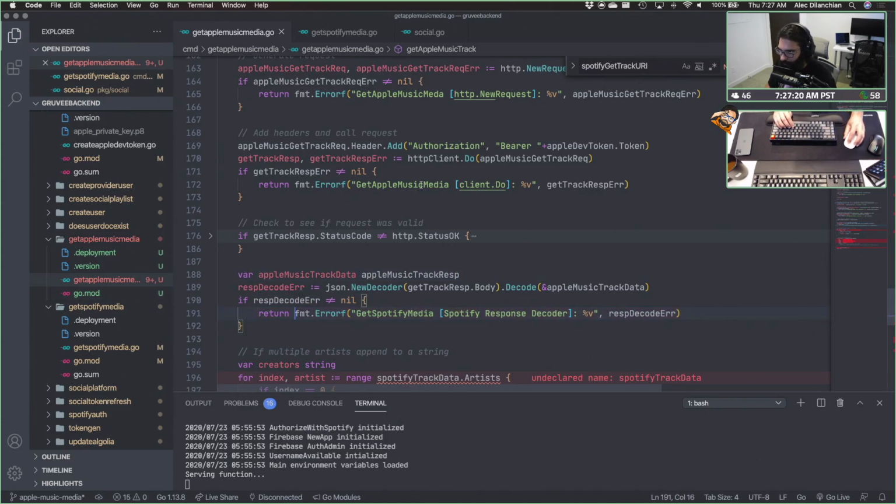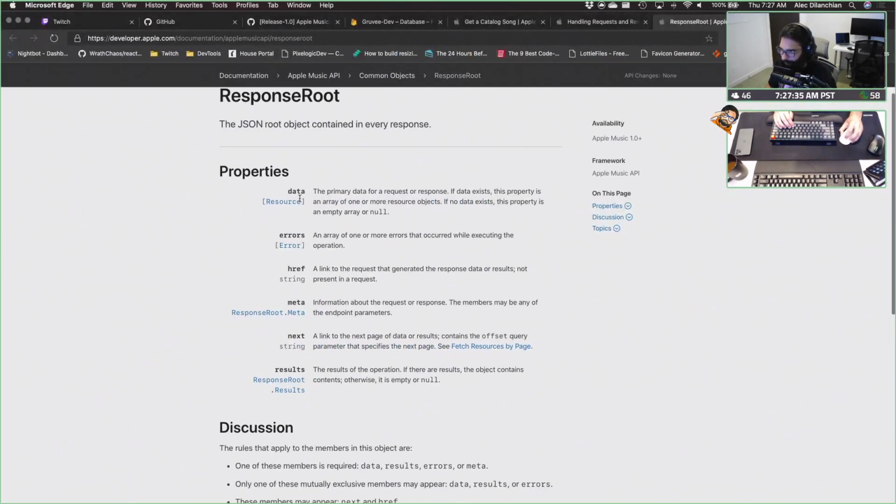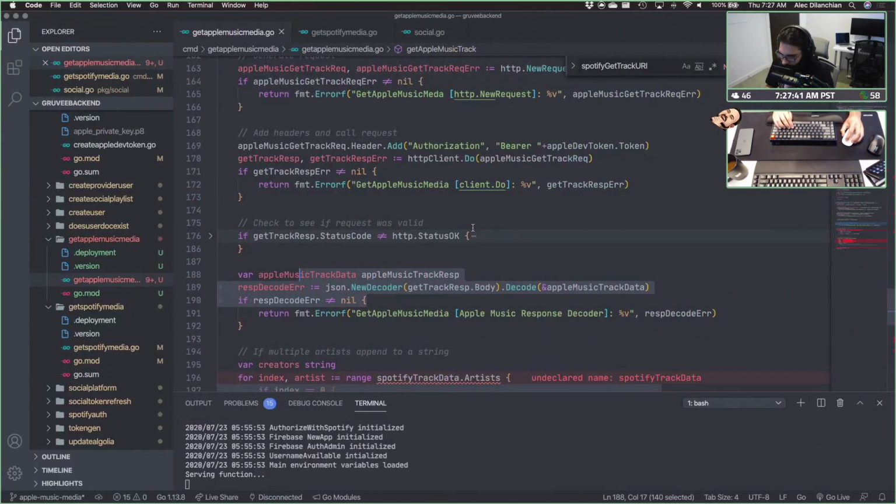And then we're going to do Apple Music response decoder, just like that. Awesome. So if we do have some data, our response should look like this. Should be a resource. So it should be of type data. So how does that work then? Because